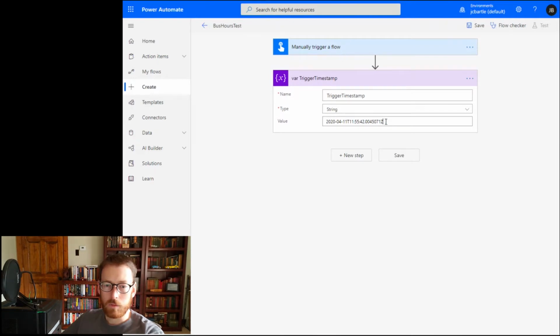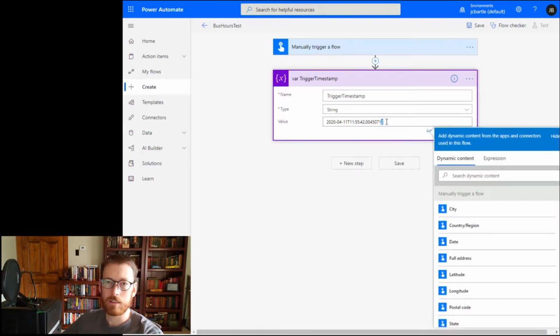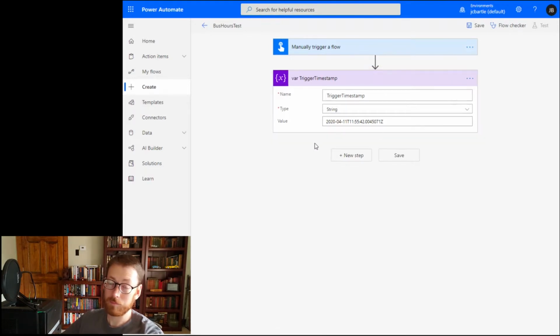trigger variable. One note here: when you see the Z at the end of a timestamp, that means the offset from UTC is 0. So if you have a 0 offset from Universal Coordinated Time, then this is essentially in UTC. So you would think perhaps that we could just convert our business hours, which we'll say are in Eastern Time, into UTC, and that then you could use those values. You can't do that,